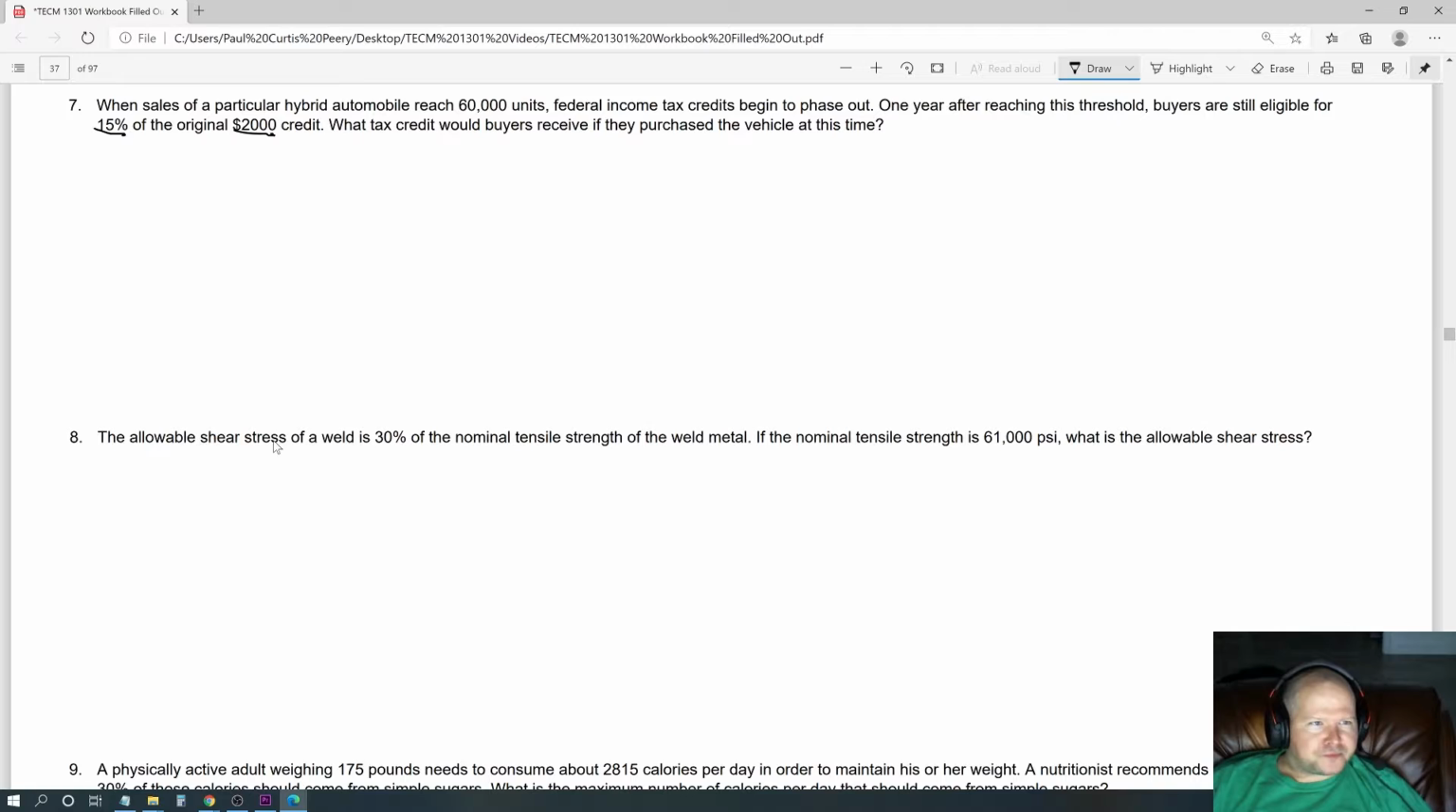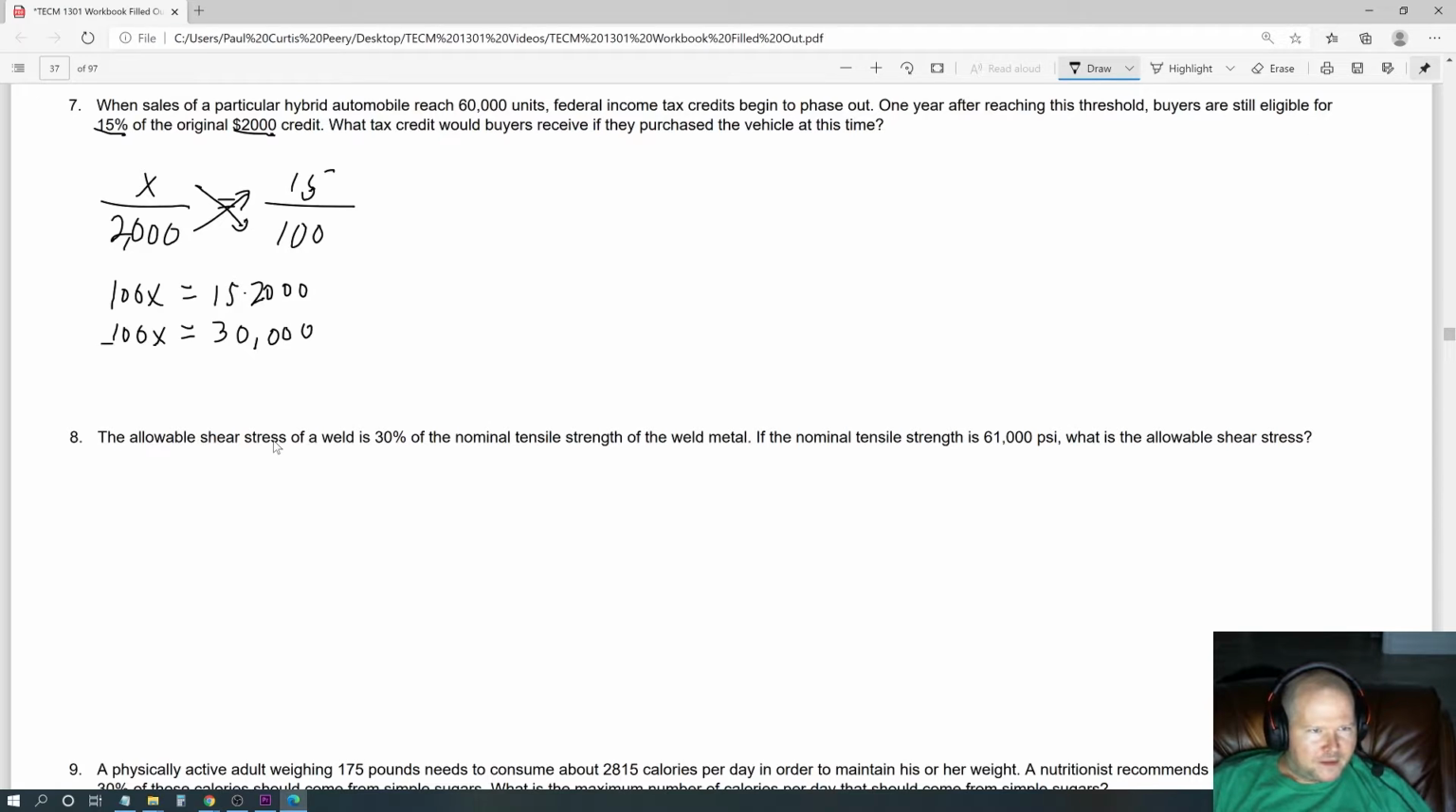Okay, so let's see. Normally, the original tax credit was $2,000. We don't know what part we're looking for, but we are looking for it. We know that it's 15%, and that's over 100. So we're going to cross multiply. We say x times 100 is 100x, and we say 15 times 2,000. So that'll give me 100x is equal to